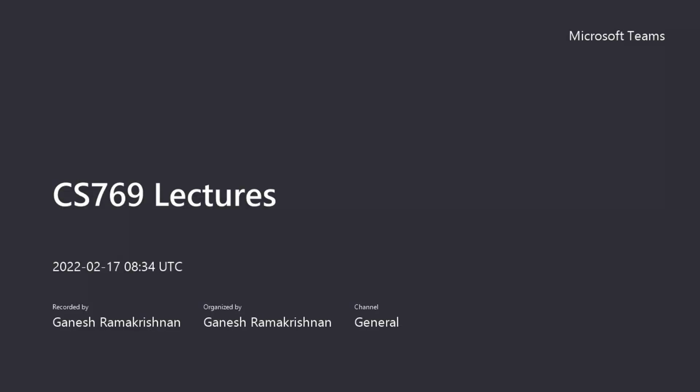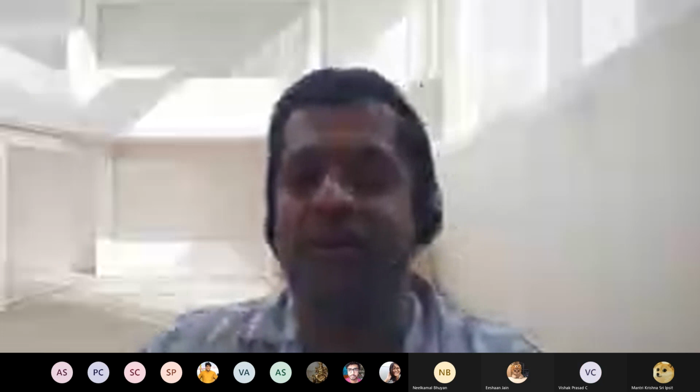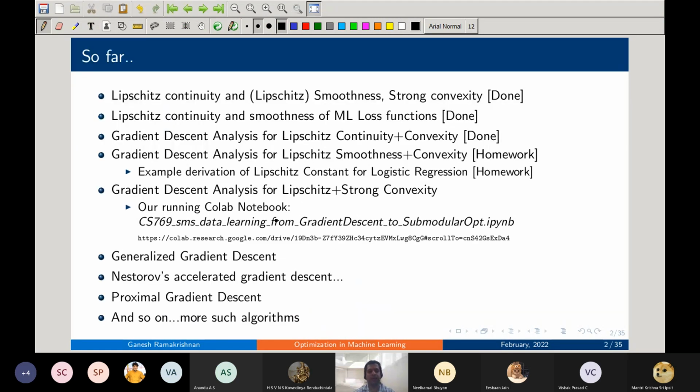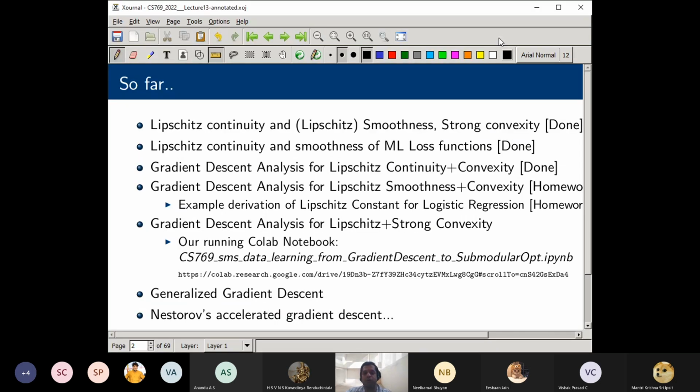Let's continue our gradient descent convergence analysis with a very important next step, which is Lipschitz smoothness. But before that, I'm going to do a little recap. We have done gradient descent analysis for Lipschitz continuity and convexity. That was also given as a homework problem to see how we can extend that kind of analysis